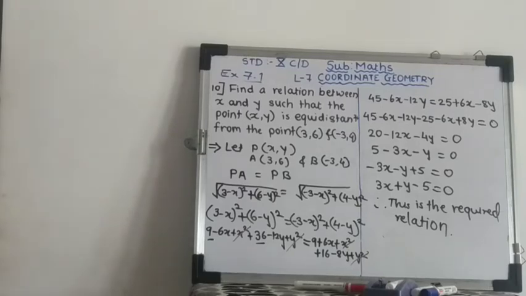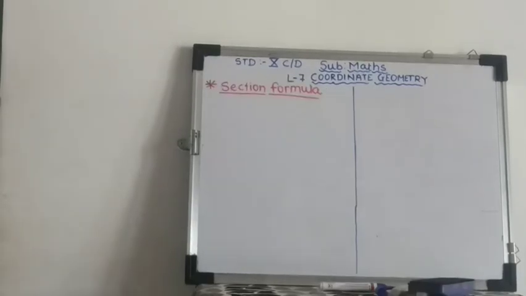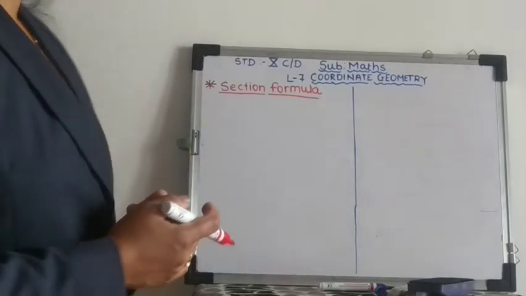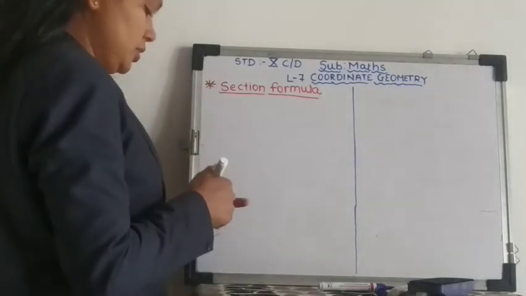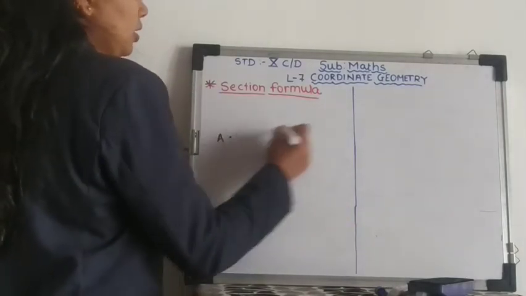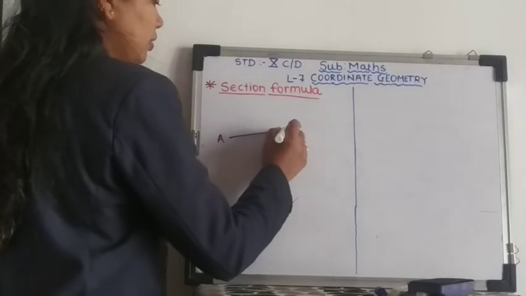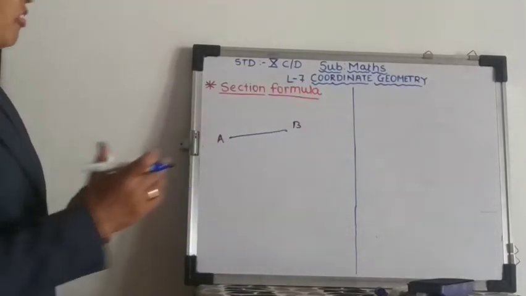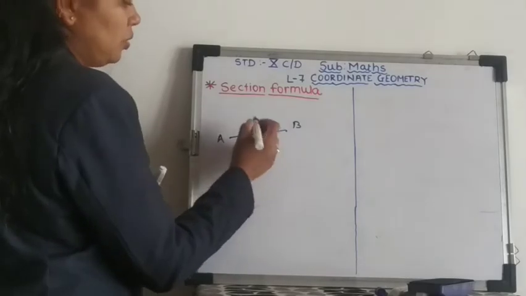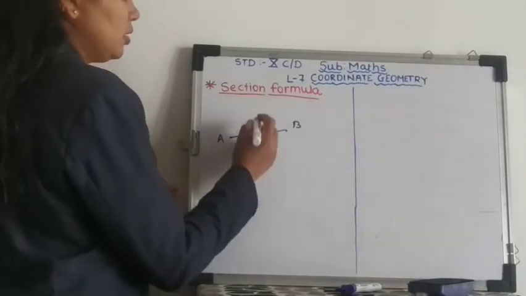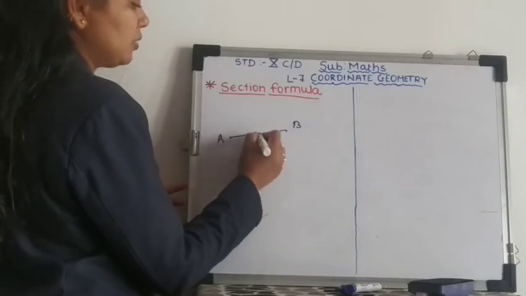Now we will move ahead to the section formula. Let us see what exactly the section formula is and how we are going to use it. Suppose there are 2 points, A and B, right? These 2 points are joined with the help of a line segment, right? Now one more point divides this AB,